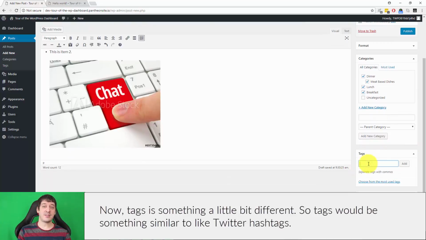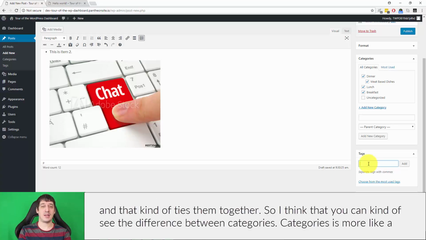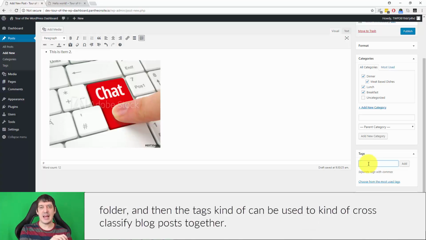Now, tags is something a little bit different. Tags would be something similar to Twitter hashtags, right? They are kind of keywords that can connect cross-category blog posts. While a blog post is going to go into a specific category, tags may be applied to blog posts that are in several categories, and it kind of ties them together. So I think you can see the difference between categories and tags. Categories are more like a folder, and tags can be used to cross-classify blog